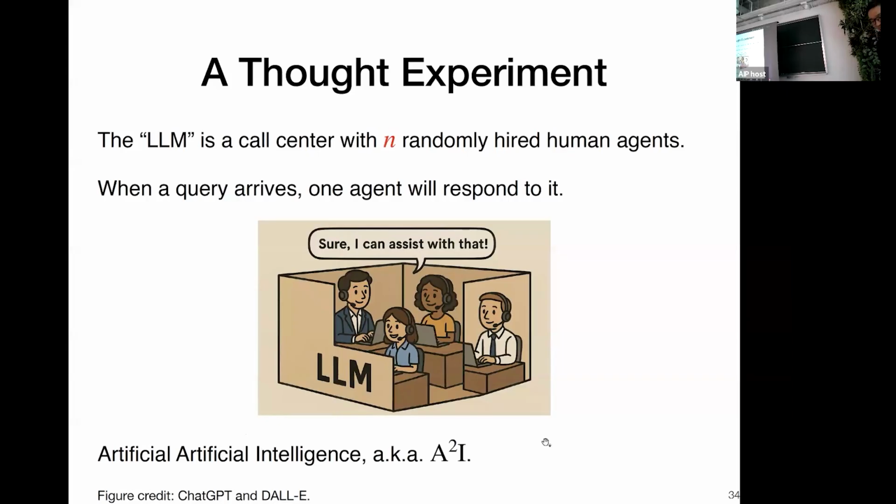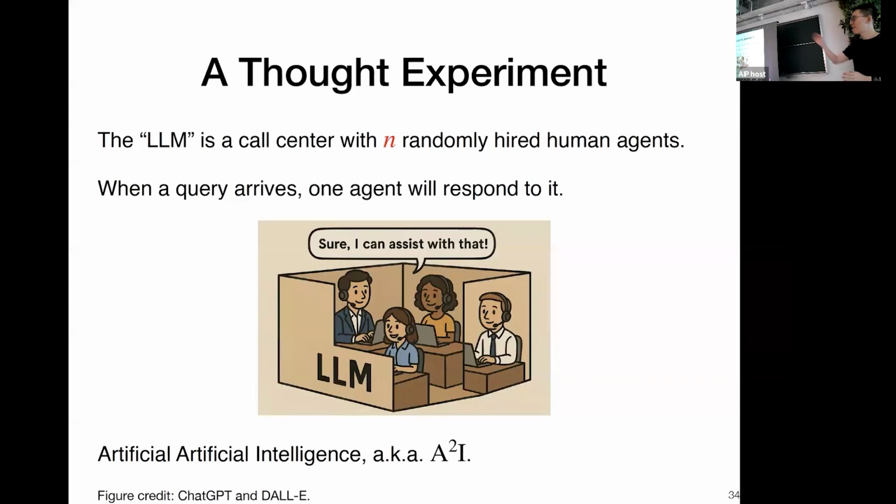So A squared I. Suppose this is your real language model, then what should you do? You want to collect people's opinions toward something, but your room only has n people, and if you keep sampling from such an LLM, you will get lots of replicates. There's a lack of diversity, because if you draw too many samples, eventually you will see all of these people hidden inside the LLM. Then when you keep drawing samples, keep querying them, you get repeated answers or similar opinions. So for such a system, there's definitely no benefit in drawing too many samples.